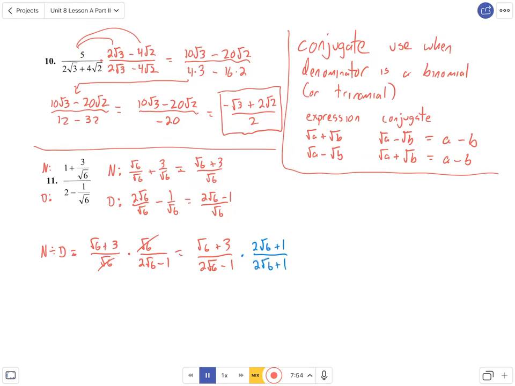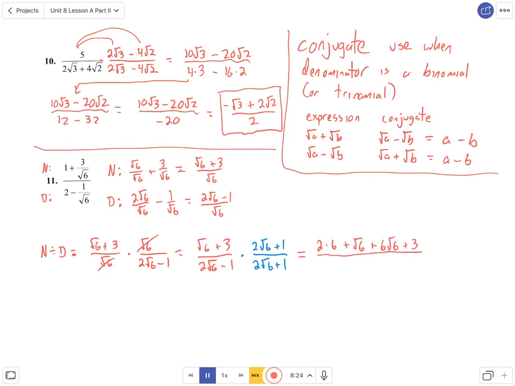Now, the difference here from number 10 is that we have a binomial in the numerator as well. You have to double distribute here. Okay, so be careful. Binomial times a binomial. Okay, it's a FOIL, double distribution. So I wind up with 2 times 6, that's rad 6 times rad 6 is 6, plus rad 6, that's my outer terms, plus 6 rad 6, my inner terms, plus 3, the last terms,